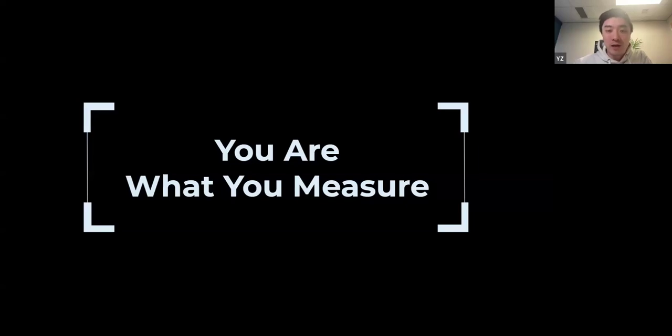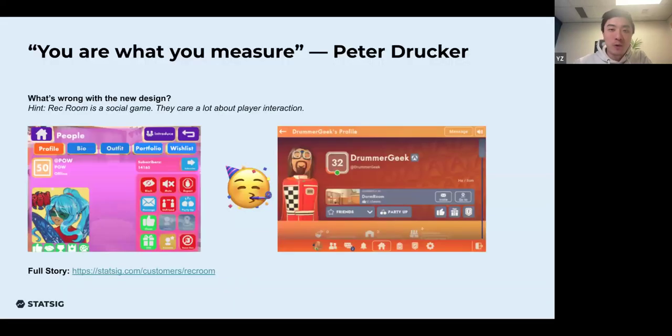This concept of you are what you measure, that is why we do experimentation. That is a quote from a management guru a few dozen years ago. Yeah, you are what you measure. So this is actually from